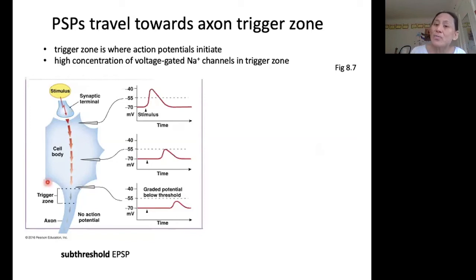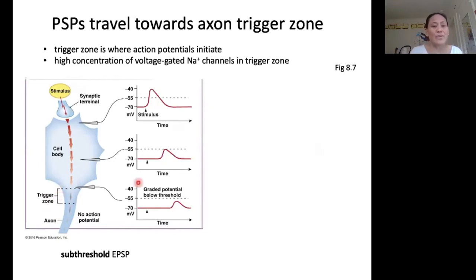Once it reaches the trigger zone of the axon of the postsynaptic cell, that postsynaptic cell is basically going to make a decision about whether to fire an action potential or not, right? So if the PSP reaches threshold, if it's big enough to reach threshold by the time it reaches the trigger zone, then we're going to get an action potential. If it's not big enough by the time it reaches the trigger zone, then we're not going to get an